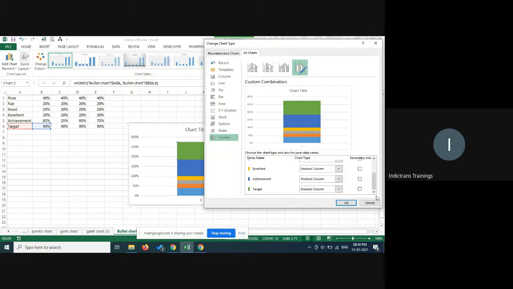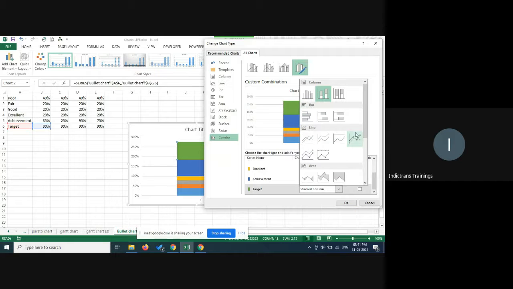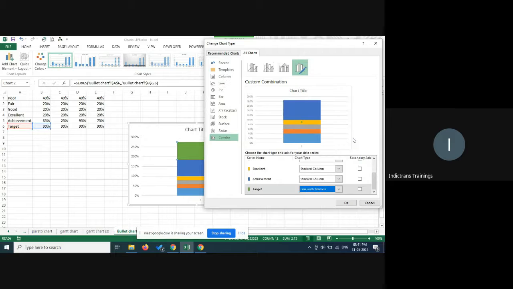You should get this target as another series. Here you make it a line chart with markers. So you get this, and what you get is a dot over here. So you basically get a line with markers, and then for achievement, you get a secondary axis.